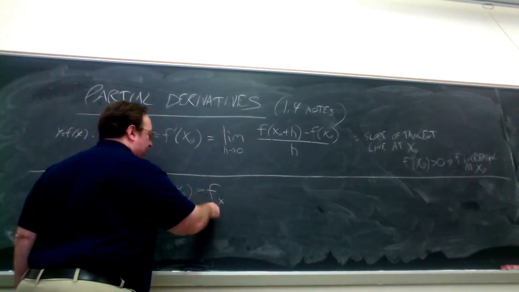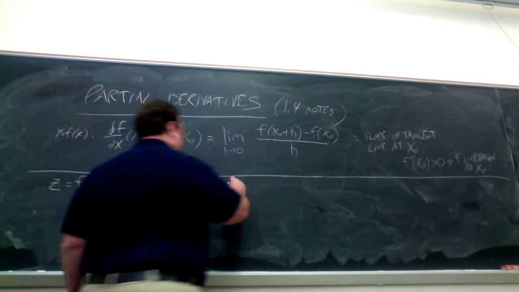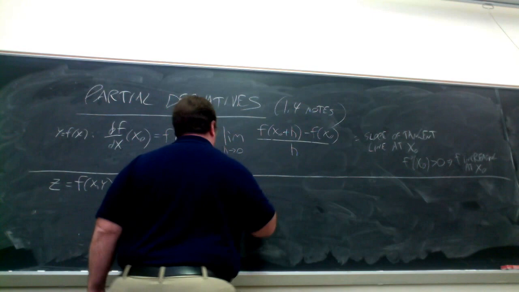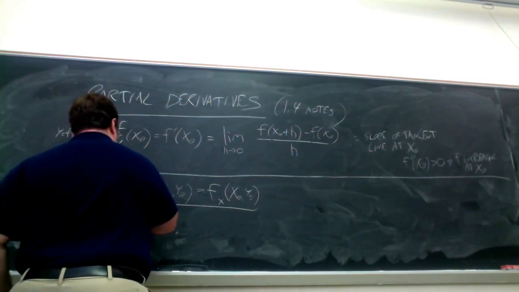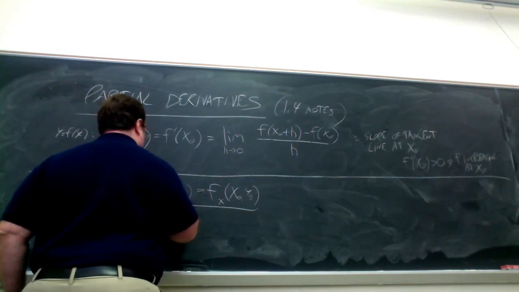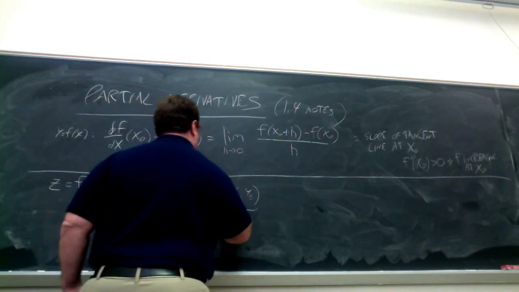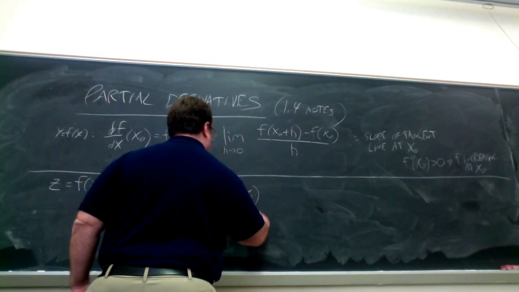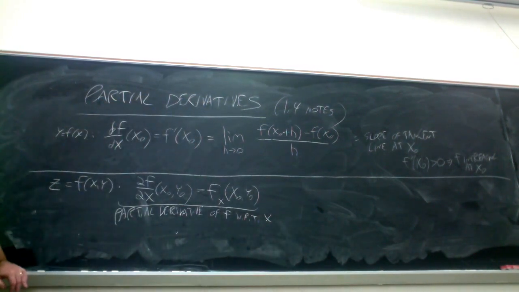So f sub x means the same thing as partial derivative of f with respect to x, evaluated at x naught, y naught. So this whole thing refers to the partial derivative of f with respect to x. And I can define that as a limit in similar ways to what was done in the single variable